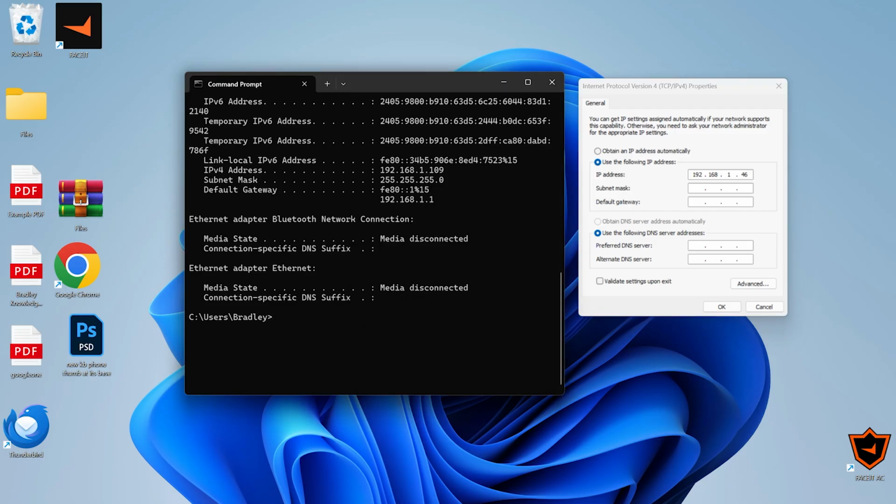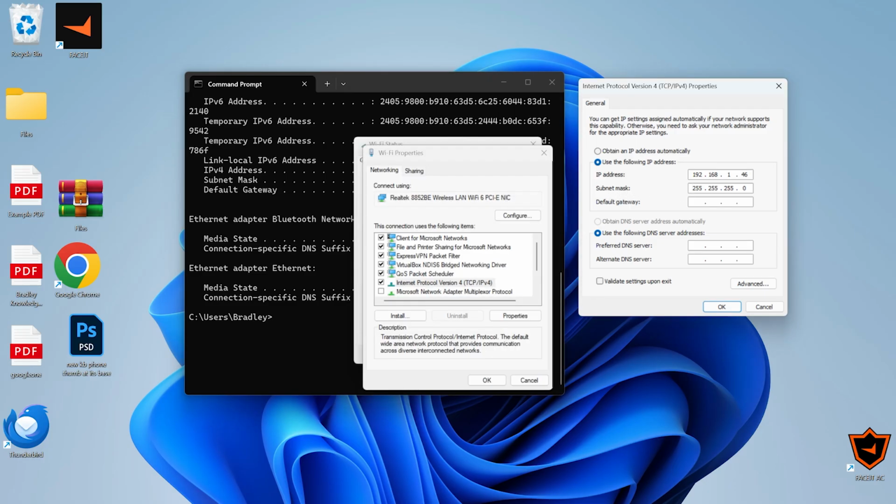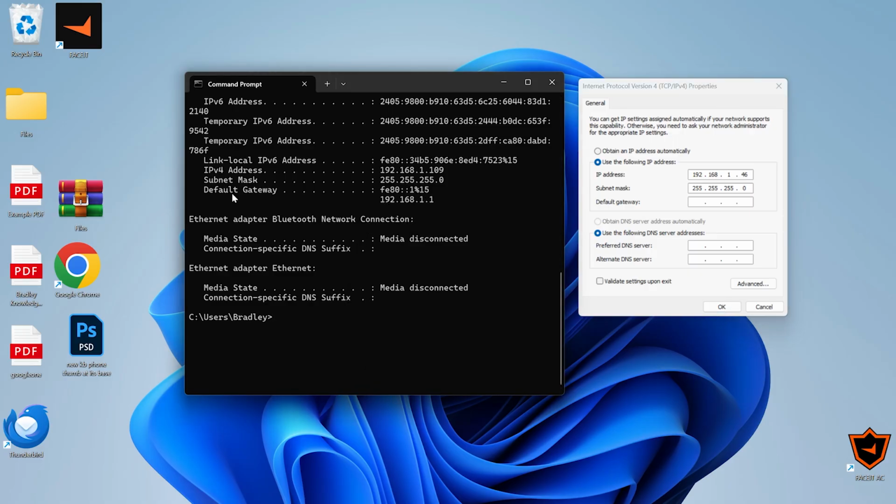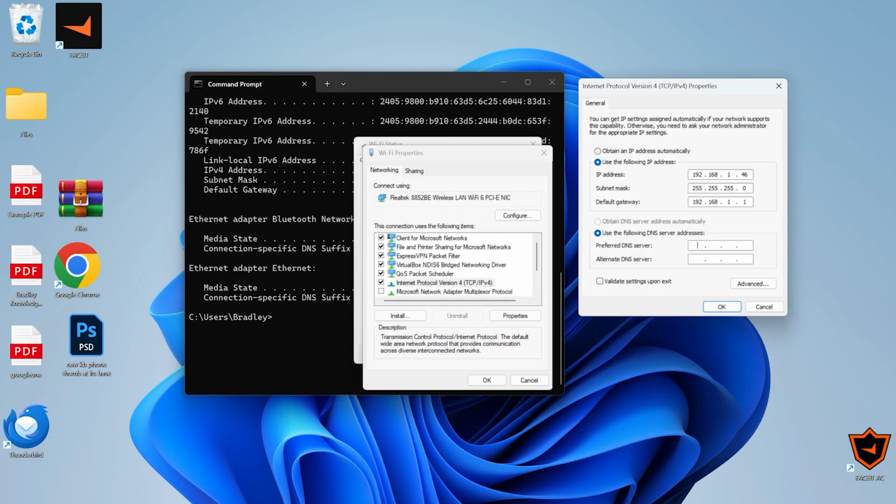Then if you go to subnet mask and click on it, it should automatically fill out like that. And then where it says default gateway, you need to copy whatever it is here. So for me, that is 192.168.1.1. Now for the preferred DNS server, you need to type 8.8.8.8 and then for the alternative